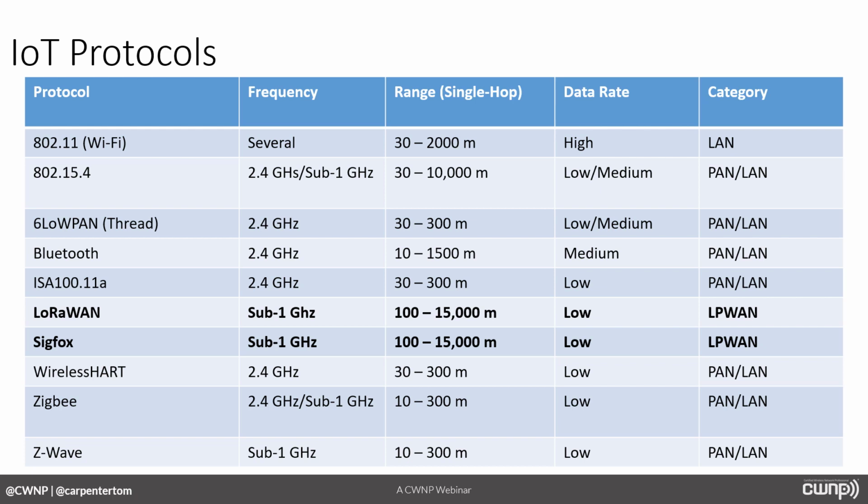Most of the protocols, as you can see, that are commonly used in IoT are really designed for in-building type solutions or a mesh solution where every 100 to 300 meters we have another mesh device. Whereas LoRaWAN, you can see, up to 15,000 meters. And that's the farther end, theoretically speaking, but there's some great videos on YouTube of people pushing the boundaries. And so one person has a YouTube video on the world record for a LoRa link. And it's pretty long, and it shows you. And by the way, he built it with simple